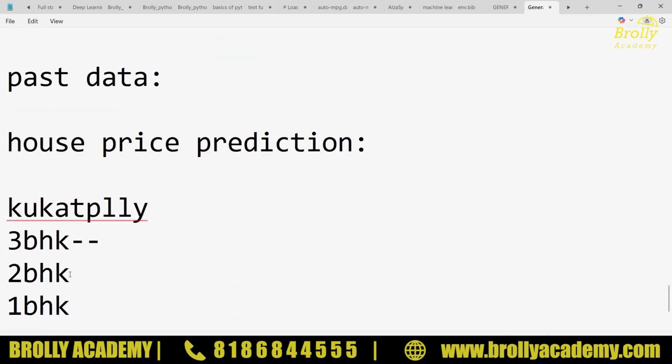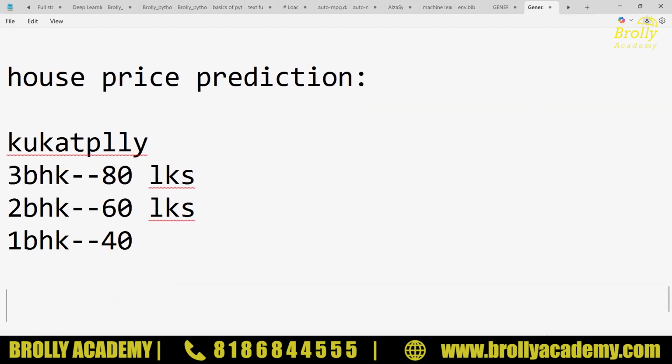Can anyone help me with the prices? If you want to buy a 3 BHK, what is the exact price for the Kukatpally location? It will be 80 plus. Okay, 80. What will the 2 BHK be? 60 to 70 approx. 1 BHK? 40.